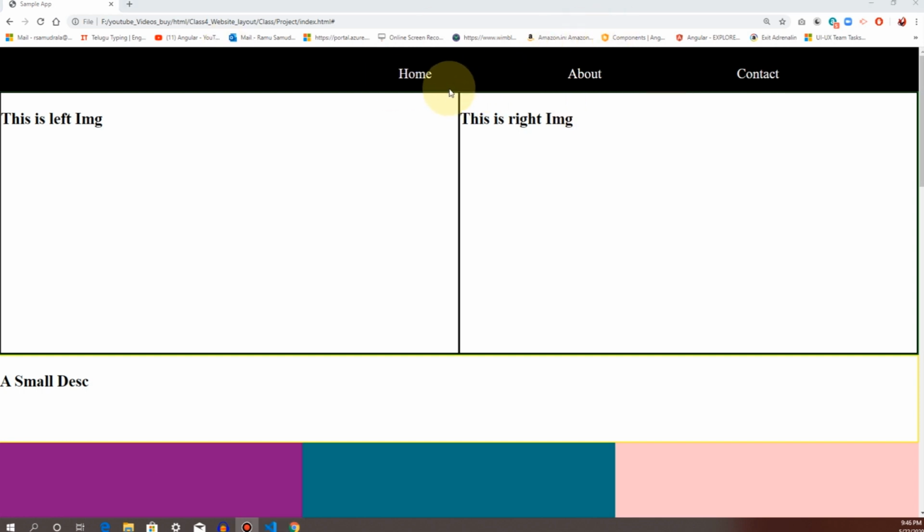So now what is the use of the navbar, guys? We implemented the navbar, so we should know its usage, right? For that I will create about.html and contact.html for better understanding.